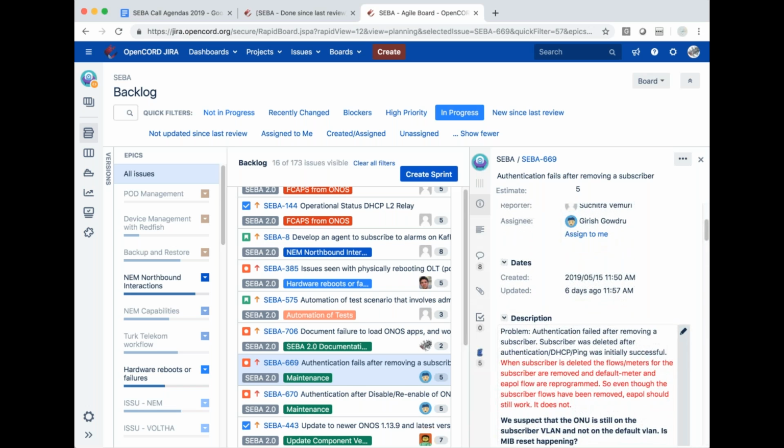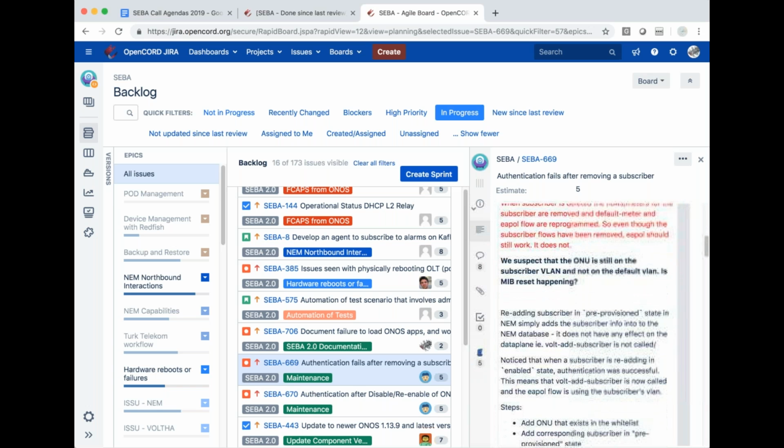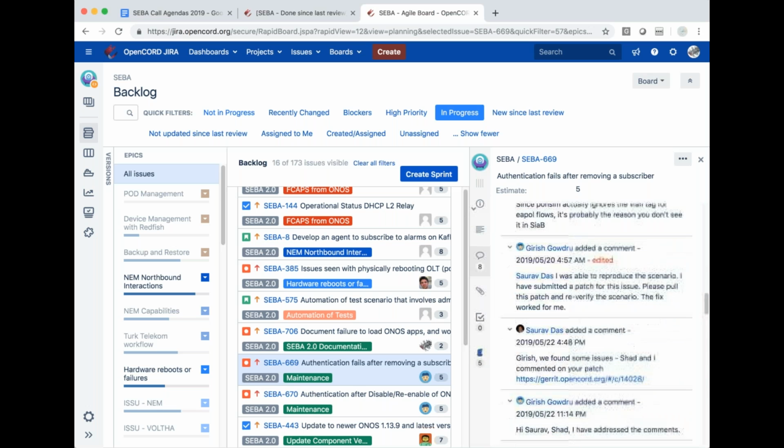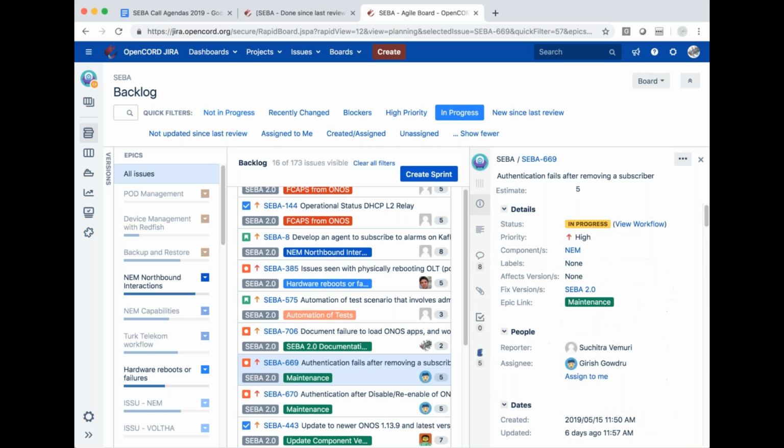After removing the subscriber, the authentication fails, and there had been multiple patches to fix the issue. And finally, we have one more patch yesterday for the OLT app, and we just need to test it. Looks like the problem is fixed, just needs a verification. Okay. Thank you, Suchitra.